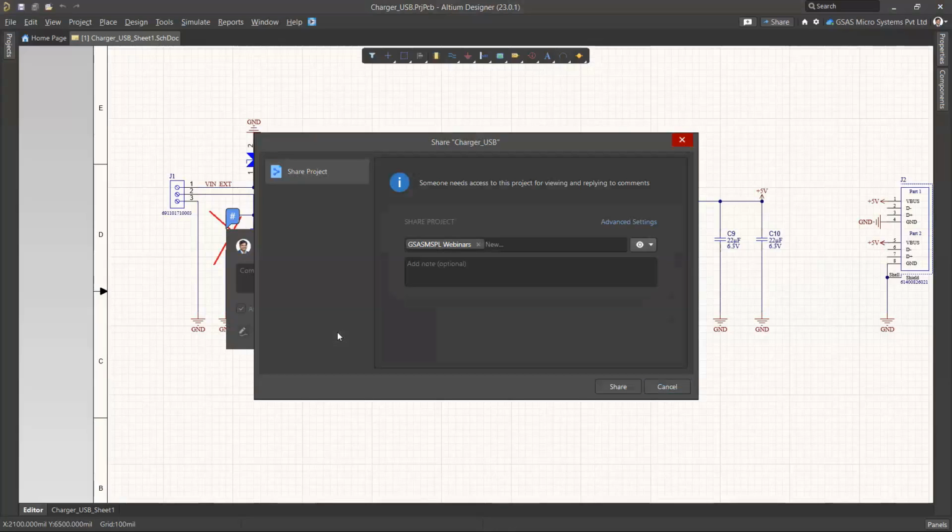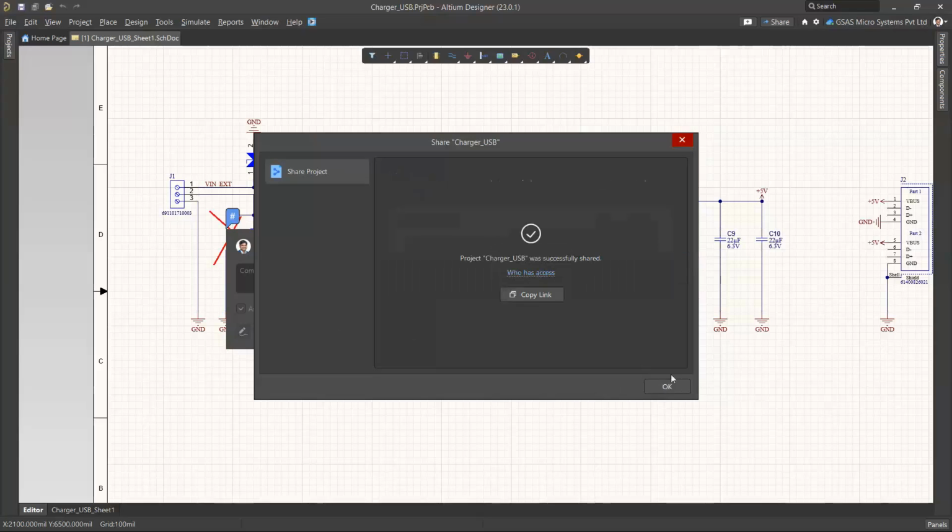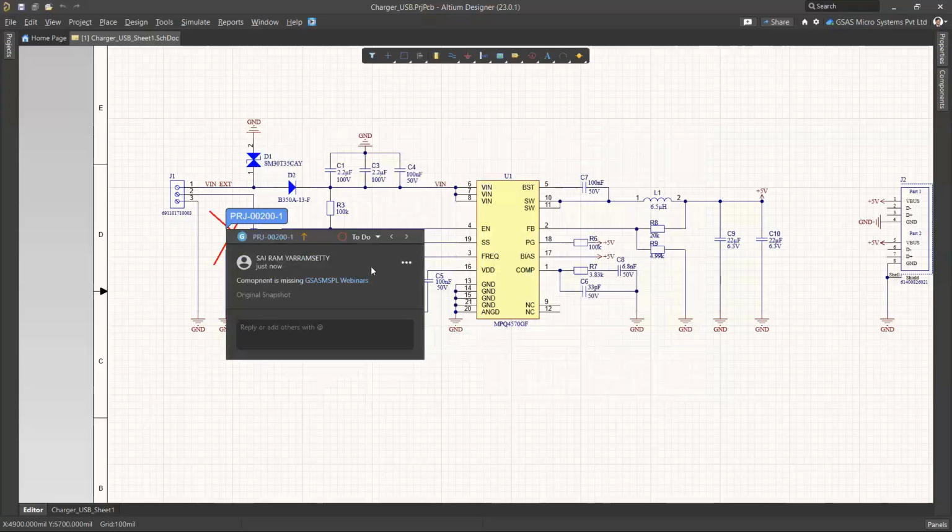Before posting it, you have to make sure the project is shared or not. If not, it will ask you to share. You can specify view or edit. Just click on share. That is very important. Once it is shared, you can see the project is shared and assigned to this person, and he will be getting a notification of this comment, and you can directly click on open the browser, and you can directly sign into Altium 365 with his credentials, and you can look into this, and you can set the priorities